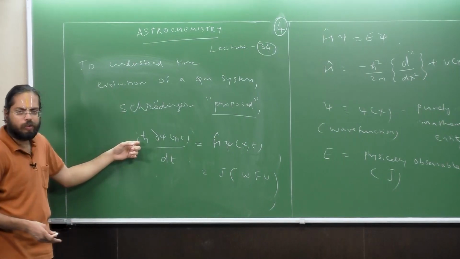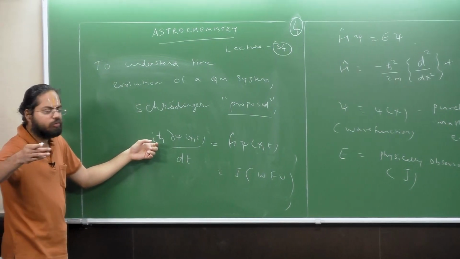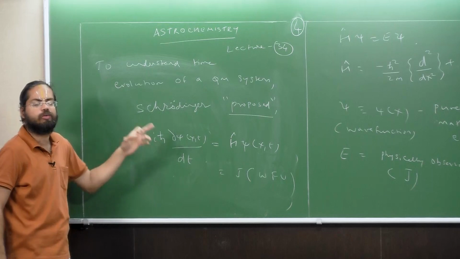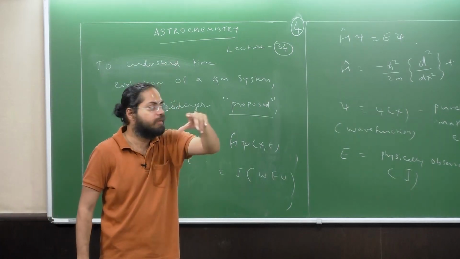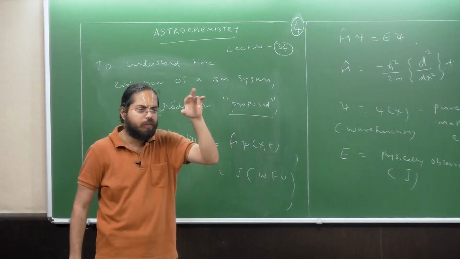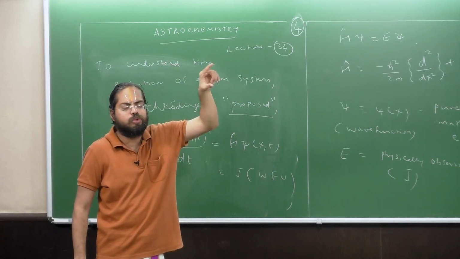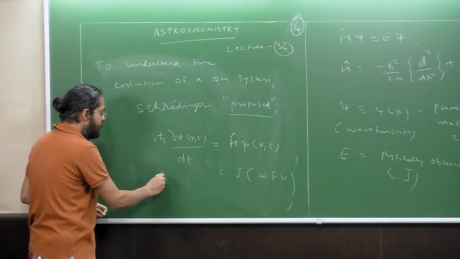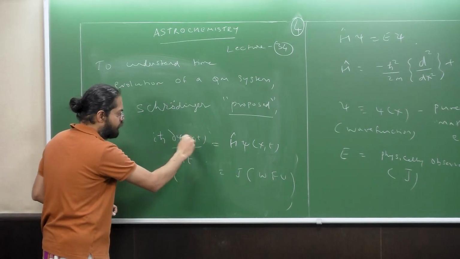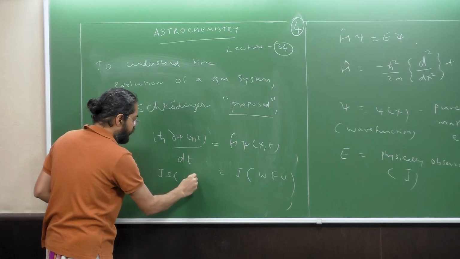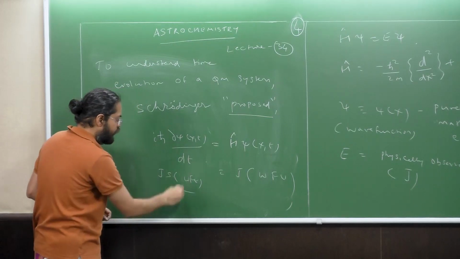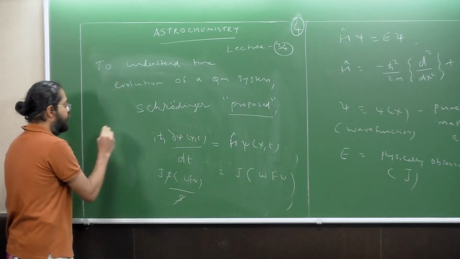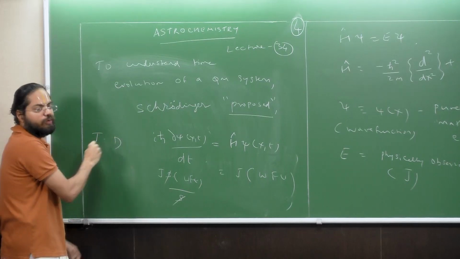Now, what is i? i is a number, and numbers are dimensionless, so that's ruled out. ħ is h over 2π, and 2π is a number, so that's also ruled out. So your h comes from E = hν, the Planck relationship that we obtained. E is in joules, so h is joule per hertz, that is, joule second. And this is multiplied by some wave function unit, divided by second, because there's a time derivative. So this is joule times wave function unit. Dimensionally, it is consistent. This is called the time dependent Schrodinger equation, TD for time dependent,